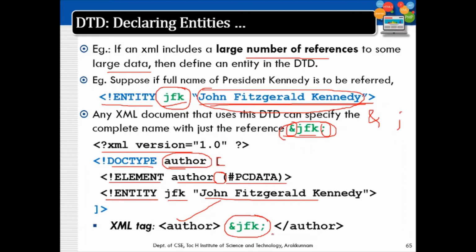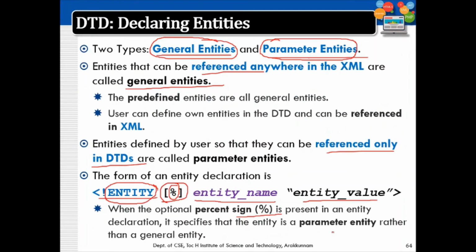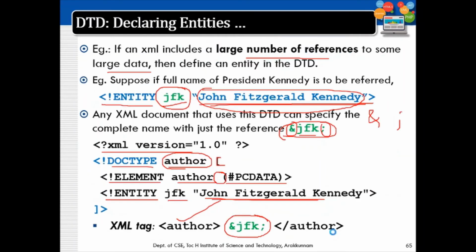When you try to display this XML, it shows the full name within this tag. This is how entities are used. It is declared in the DTD and used within the XML file. Such entities are known as general entities.